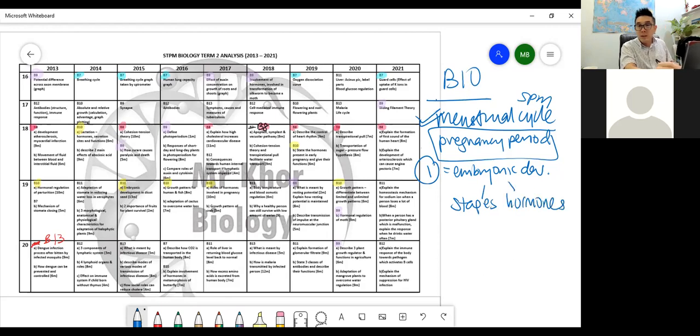You get to know the stages and then the hormones. Okay, the hormones during pregnancy. Meaning like these hormones during pregnancy, what color was it just now? Yellow. This one. Okay. Embryonic development, parturition. Okay, these two are